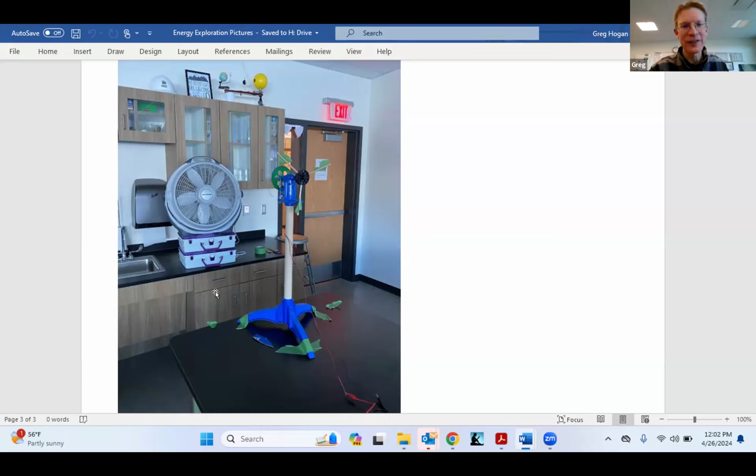It is funny with sixth graders, they say, did we make perpetual energy? Because can't you just make the fan run the turbine and make that run the fan? So no, I can't do that. But anyway, it's fun. So there we go.